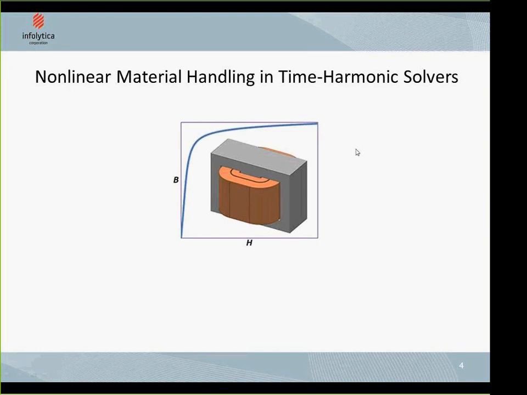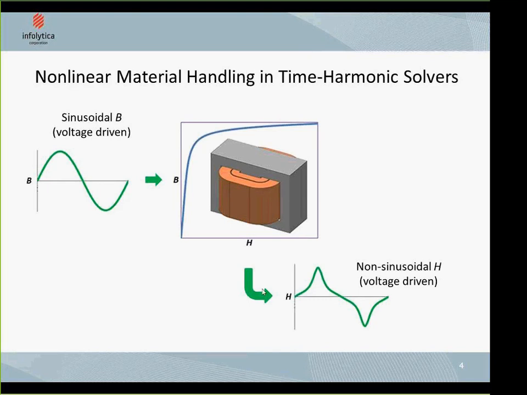For instance, if we take the case of a sinusoidal B, which corresponds to a voltage-driven case, in the linear region the solver will perform as expected. Assuming that parts of the core are sitting beyond the knee of the curve, then the expected H waveform is as shown in the slide. It's going to have an added third harmonic peak, which is characteristic of